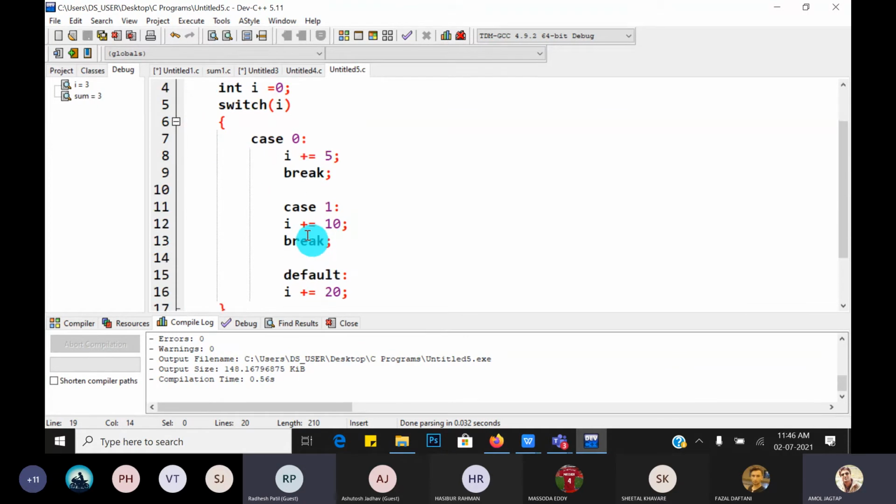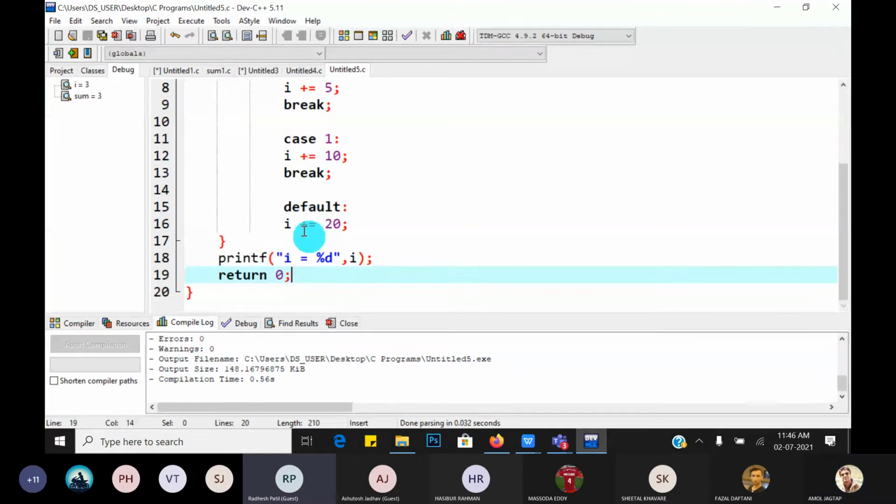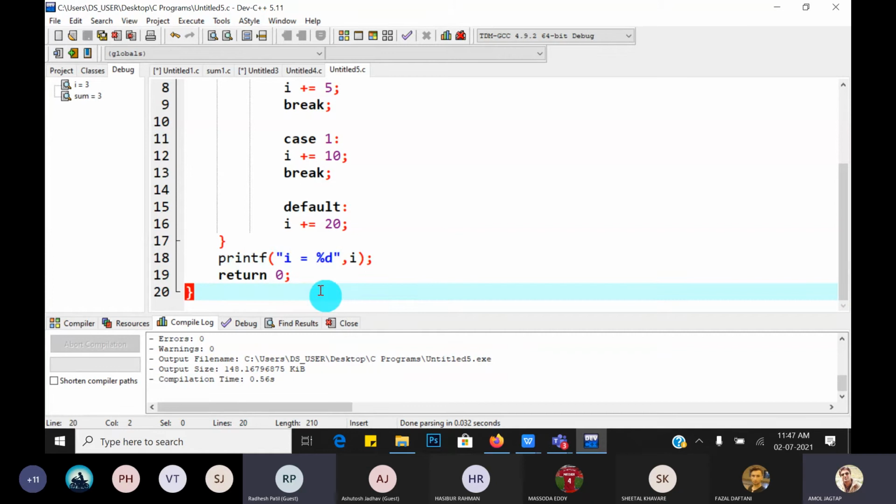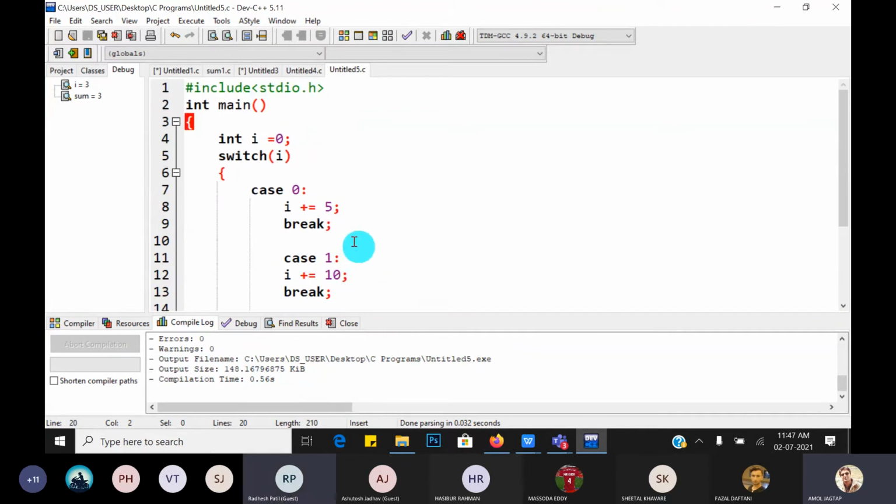Sir, suppose in case there is an indentation or a default space, then there will be an error, sir. No, it is not so in the C language, but in Python, indentation is very important because there are no curly brackets. So scope is decided based on the indentation. But here it is not.